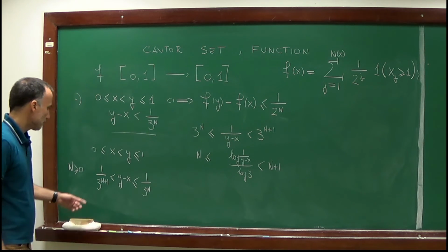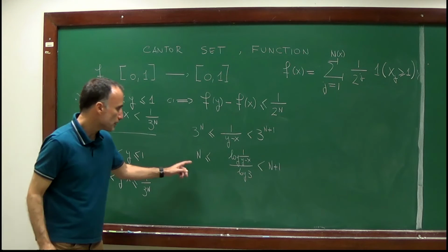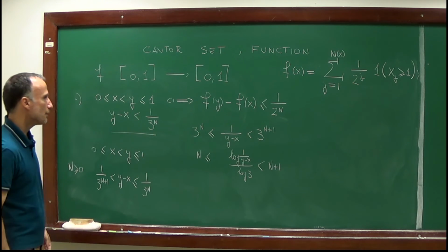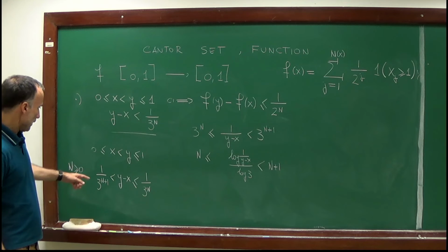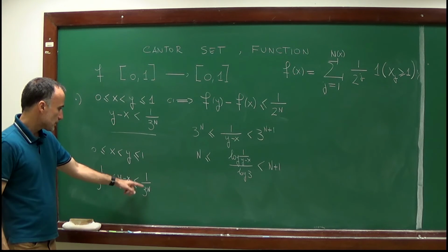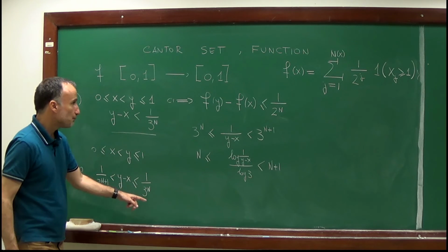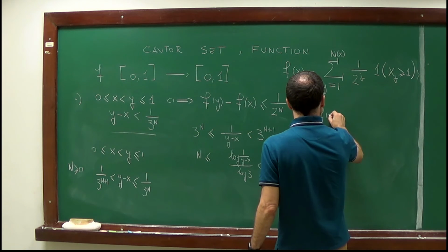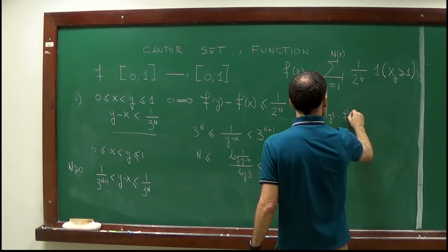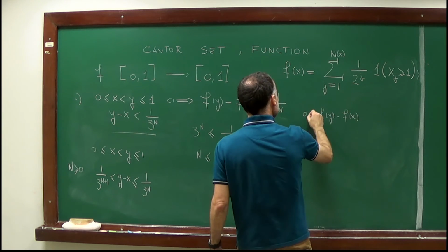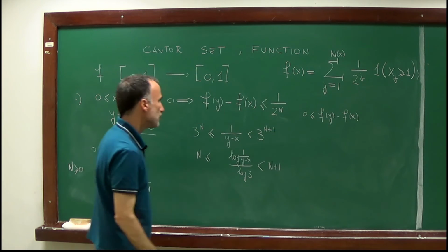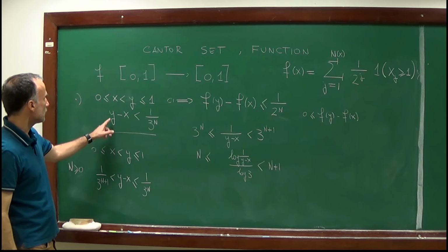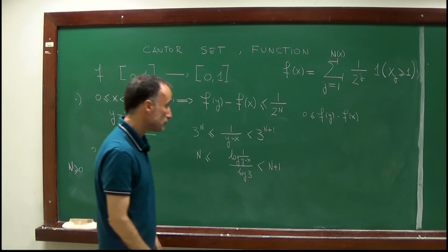So the n which satisfies this inequality satisfies this one. Now I know that since y minus x is bounded by 1 over 3^n, F(y) minus F(x), which is positive because F is monotone increasing and I'm taking y larger than x,